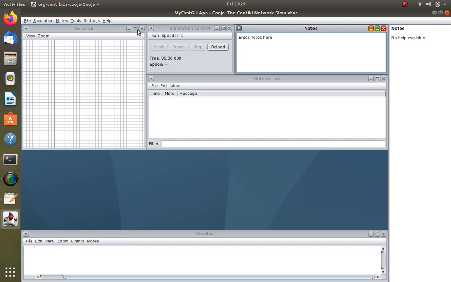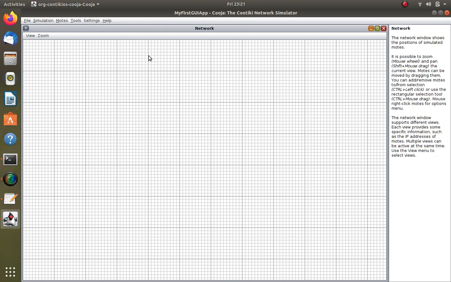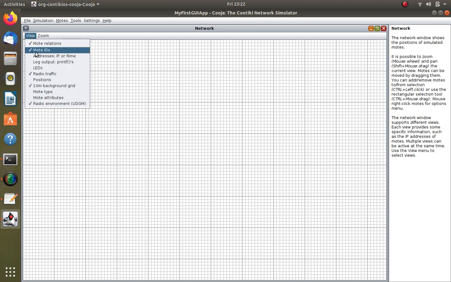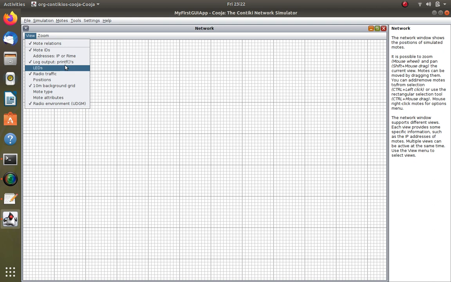Now the first thing is we want to go with the application. I have already developed my own application in terminal mode, so before you come to this video, please refer to the other video. Now before that, let me go with some settings. Do you want to see the output of the printf statements? Then click yes. The log is there, and if you want to see the LEDs, as of now we don't need any LEDs, so during the LED application we will enable this.